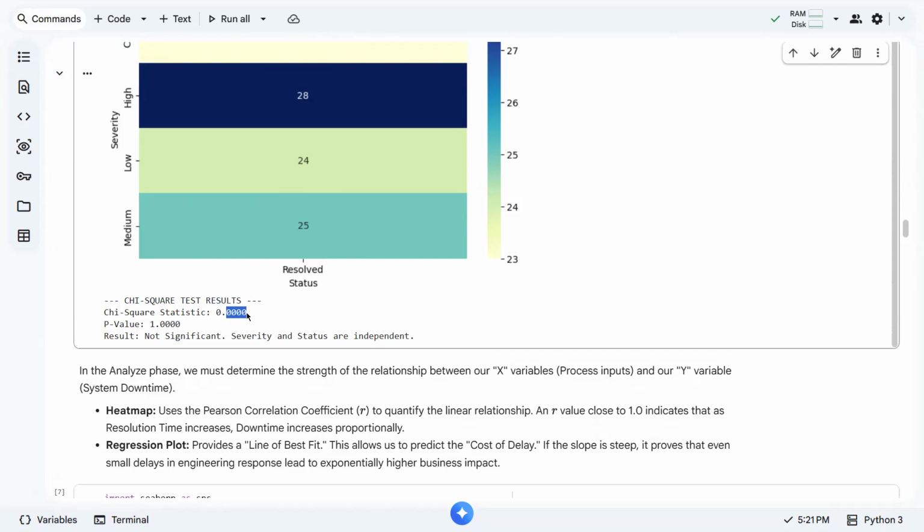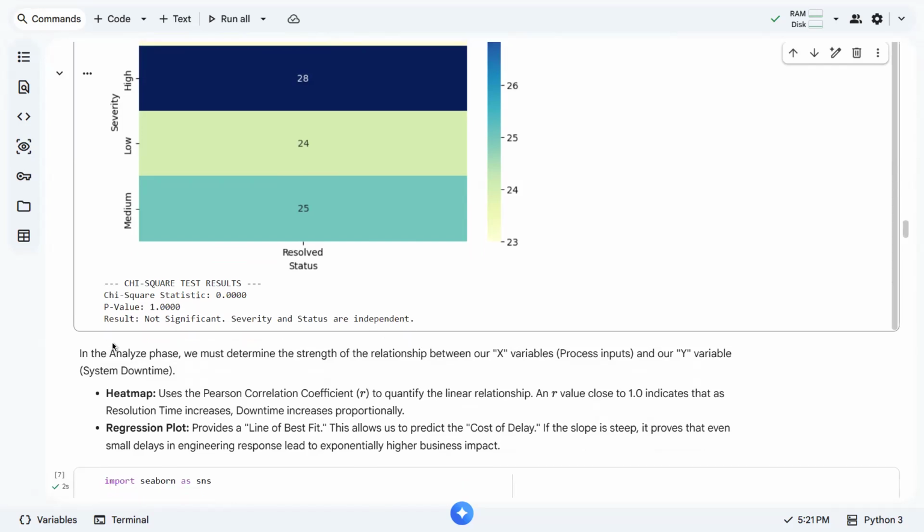Another way to look at it is the p-value. By default, in statistical tests, we use a 0.05 significance level. So we compare it with the generated p-value. If the p-value is higher than 0.05, then we fail to reject the null hypothesis. So in short, we accept that severity and status are independent.